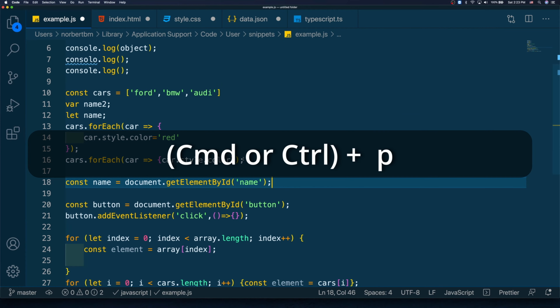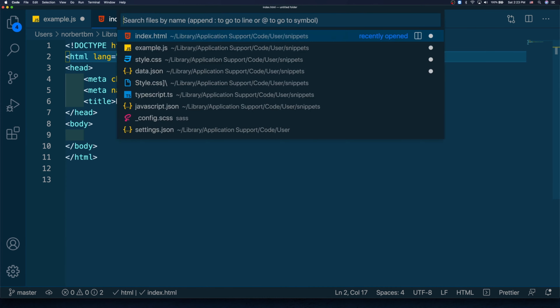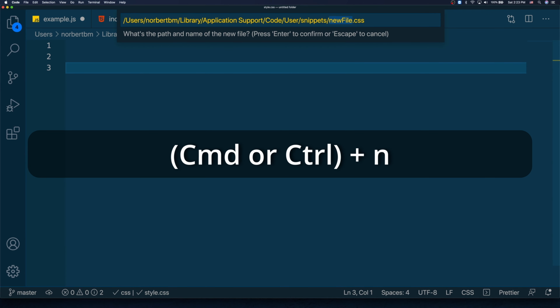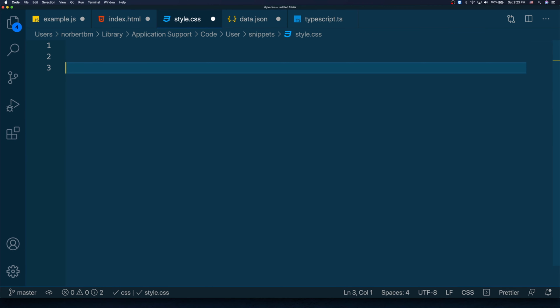Control P, or Command P on a Mac, is Quick Open. It can open each and every file within your folder. Okay, so if I want to jump to this HTML file, or if I want to jump to this CSS file. Now, we know that we can create new files with Control N, but we can also create a new window